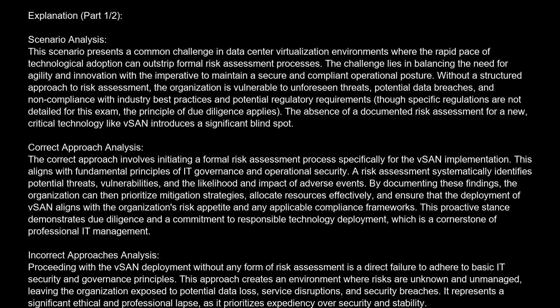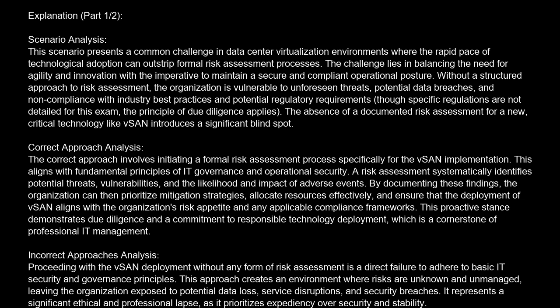By documenting these findings, the organization can then prioritize mitigation strategies, allocate resources effectively, and ensure that the deployment of VSAN aligns with the organization's risk appetite and any applicable compliance frameworks. This proactive stance demonstrates due diligence and a commitment to responsible technology deployment, which is a cornerstone of professional IT management. Incorrect approaches analysis. Proceeding with the VSAN deployment without any form of risk assessment is a direct failure to